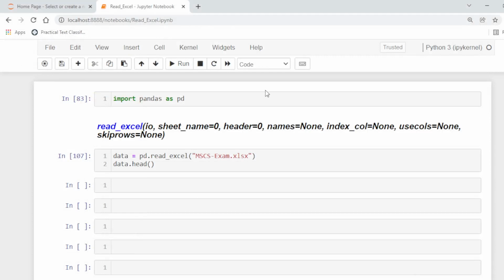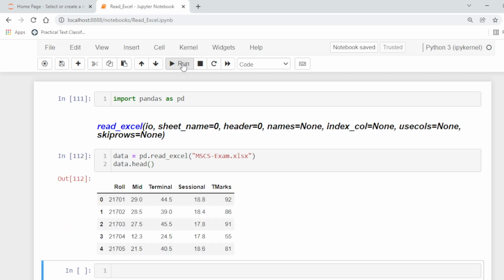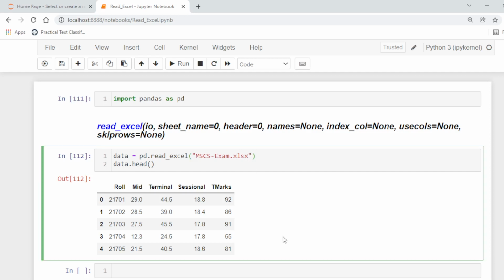First of all, load the pandas library, and this is our data. We are using the read_excel function of pandas to load the data into the data frame. So it will return the data like this one. Here by default the data is loaded from sheet 0, the first sheet.